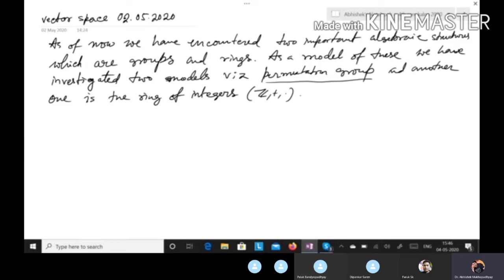So roughly speaking, we are going to investigate the common properties of the algebraic systems that we are going to call vector spaces or linear spaces, in which one can talk about the notion of a linear combination of elements taken from that underlying set. So let us define the most useful and interesting abstraction of this type of algebraic system in the following.